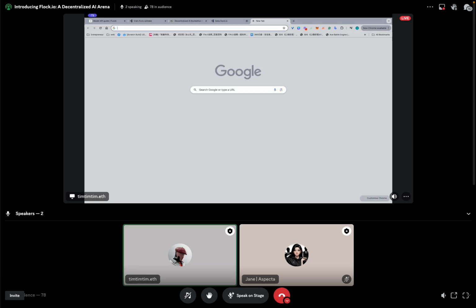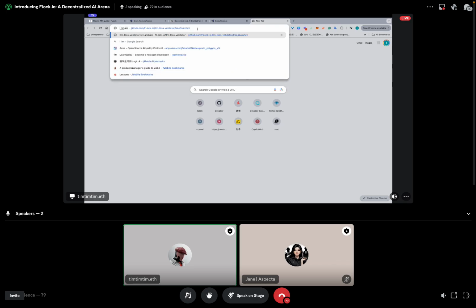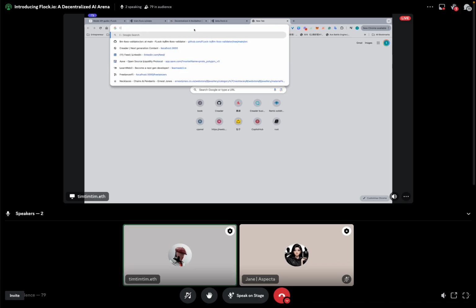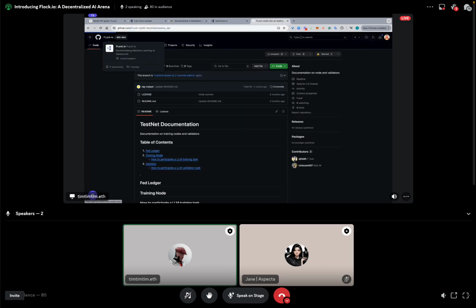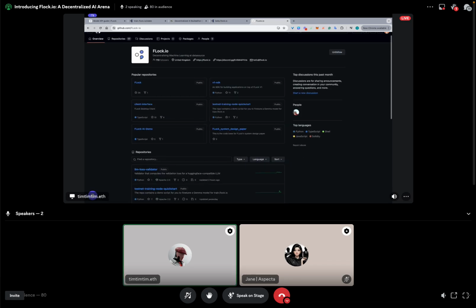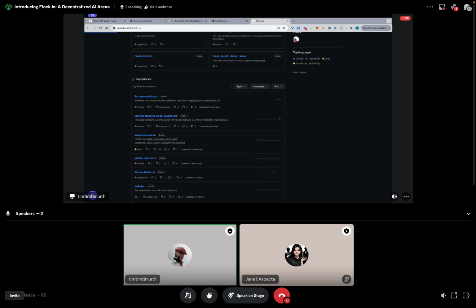If you follow our tutorial guides, the other thing you want to go for is our testnet training guide. In our Git repository, we have this testnet training node quick start.